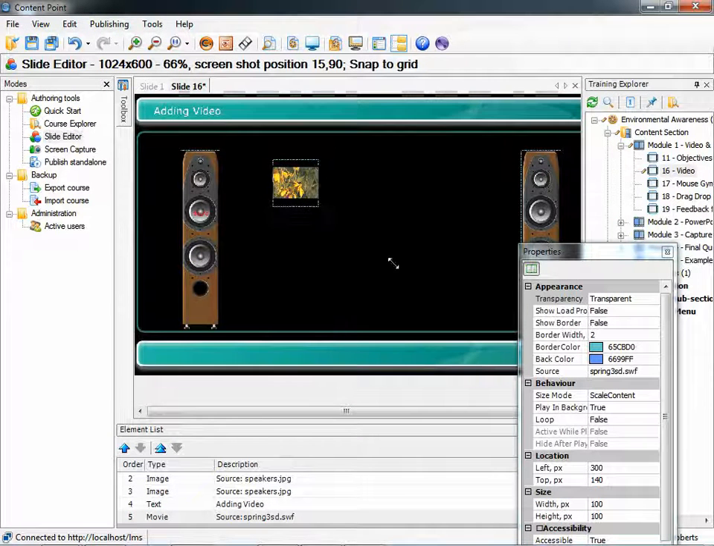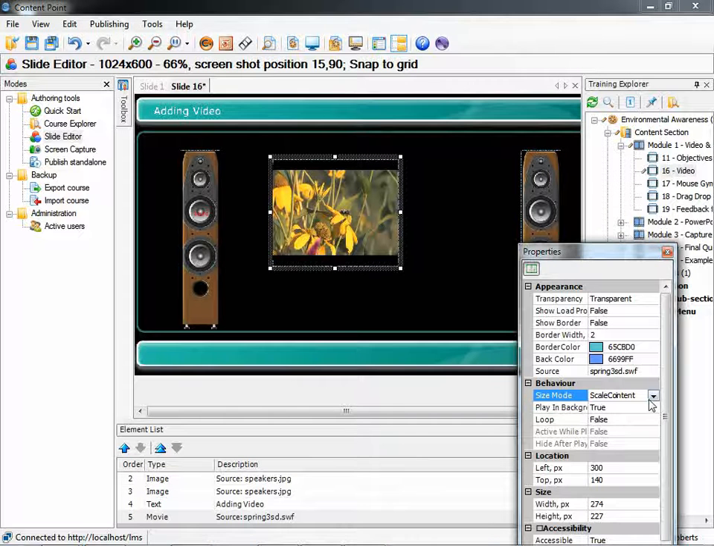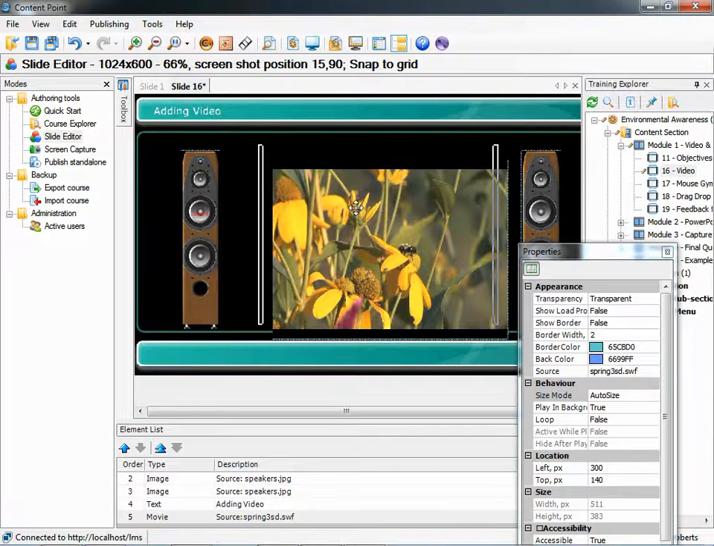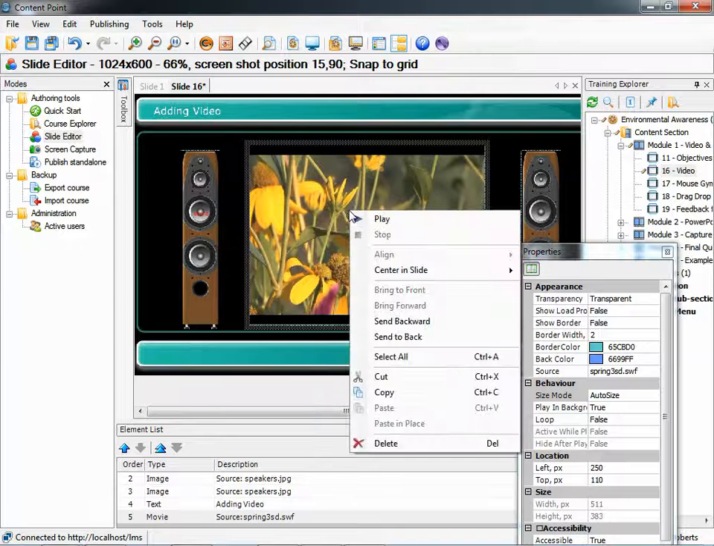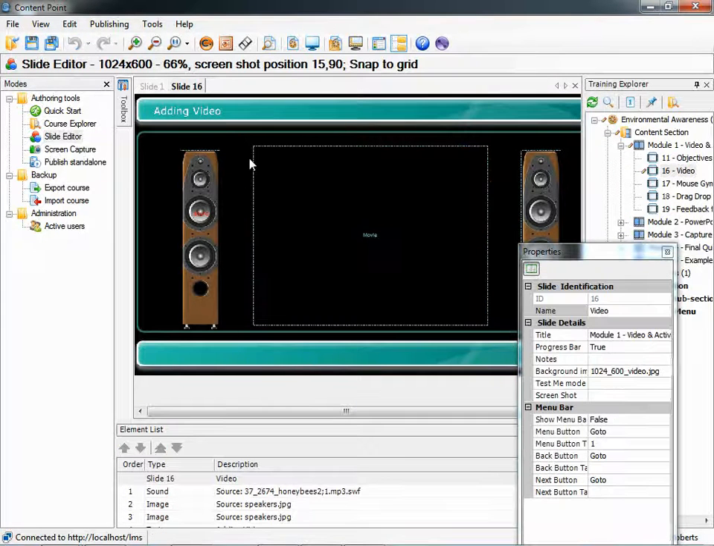Now we could drag that movie and make it larger, but what I'm going to do is introduce you to the size mode property over in the properties panel there, and at the moment it's scale content. We're going to change that to be auto size. Dragging that onto the page, I'm going to right click and center in slide horizontally if you'd like to do the same thing. That's our video on the page, and I'm going to save the changes that we've made so